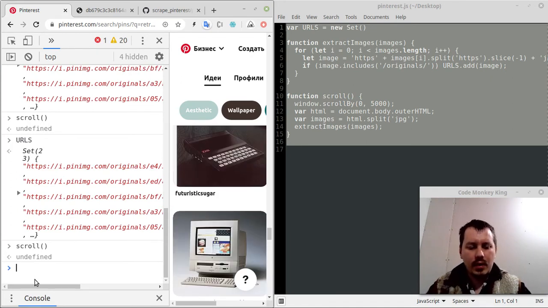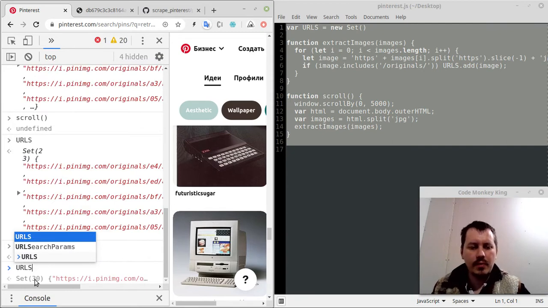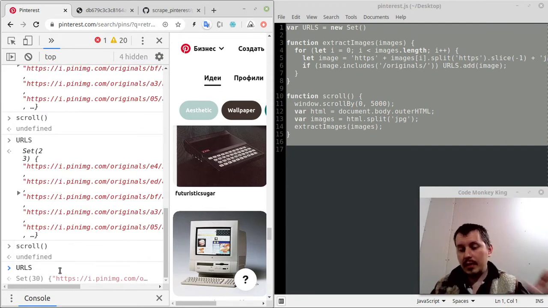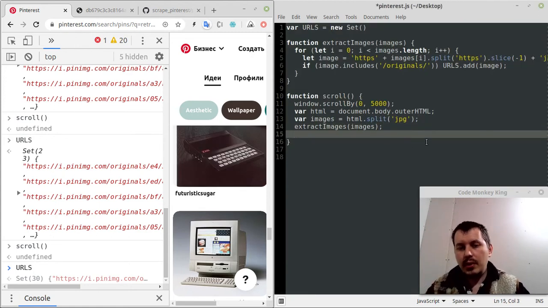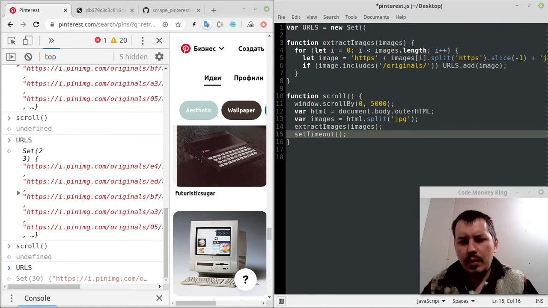Okay, and URLs, and now we have 30. So now, obviously you don't want to do this by hand all the time, so there is another way to do this. You can simply use the setTimeout function, which would run the code asynchronously, sort of, not really, but sort of in the background. And here, just call the scroll, and depending on how fast you want to scroll, let's give it half, or let's even give it 1 second